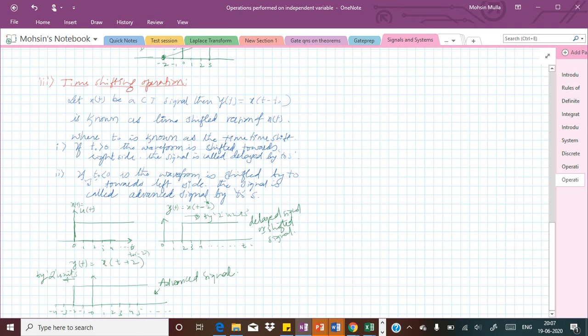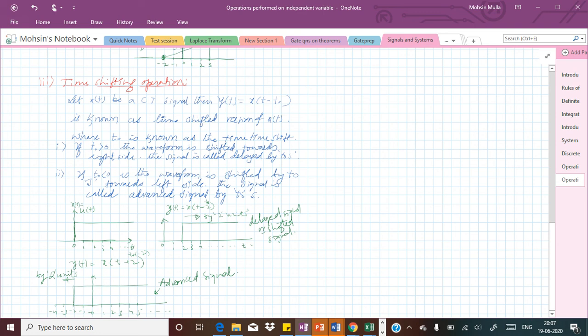Suppose I am shooting this video and I want to insert some extra message, or some kind of slides, in the beginning. So I have to delay the original signal to start after a certain time interval, say 10 seconds. In those 10 seconds I am going to add something. If I keep it empty, you will not see any video till 10 seconds, and you will see the video only after 10 seconds. That is how you can understand this.